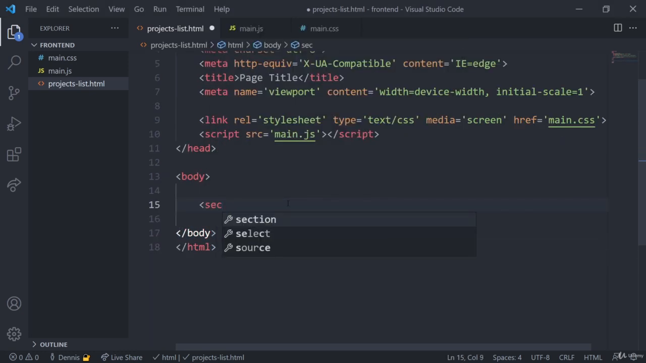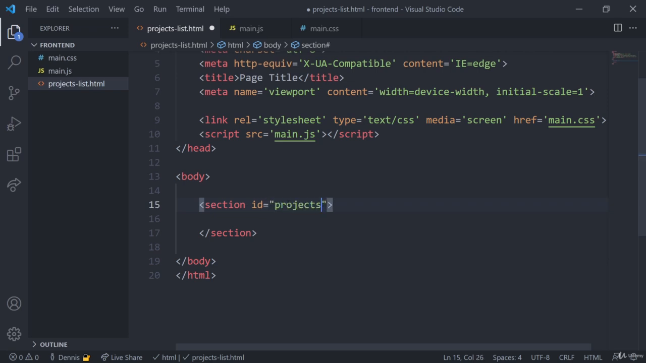So the first thing I'm going to do is use a section tag. So it's the same thing like a div here. If you are not familiar with it, we're just going to create a section tag. It's very similar to a div. You could use a div here. And in here, we're just going to do